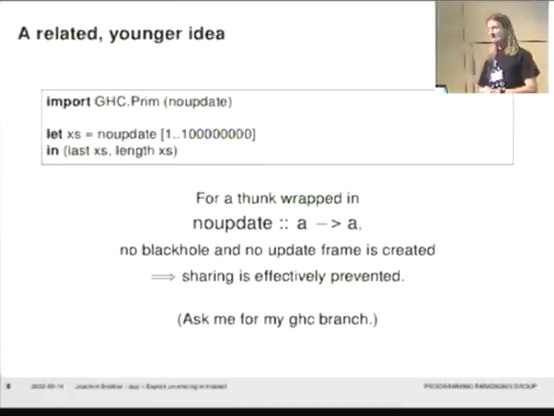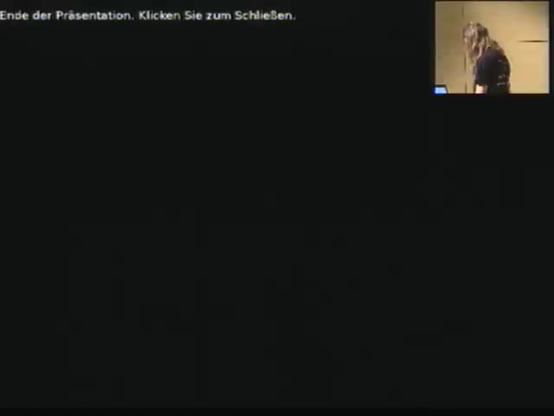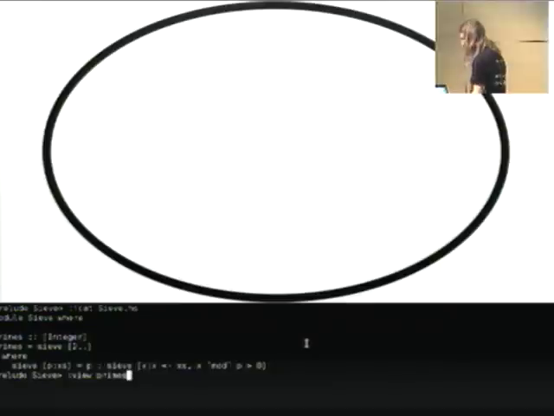And since I still have time, I also want to show you something that a bachelor student of mine did. Basically, now about the analyzing thing. Down here is a very famous piece of code. It's calculating the prime numbers in 2 lines. And if you want to know how it works, you can now use ghc-vis, which is running up there,